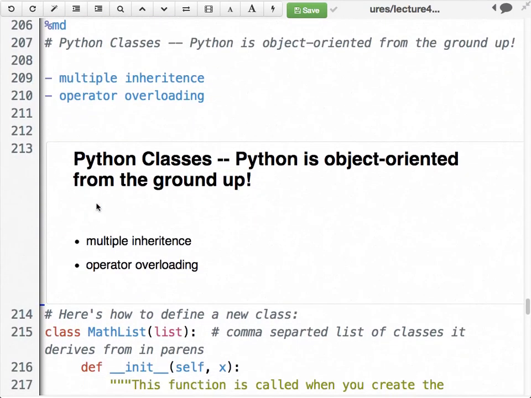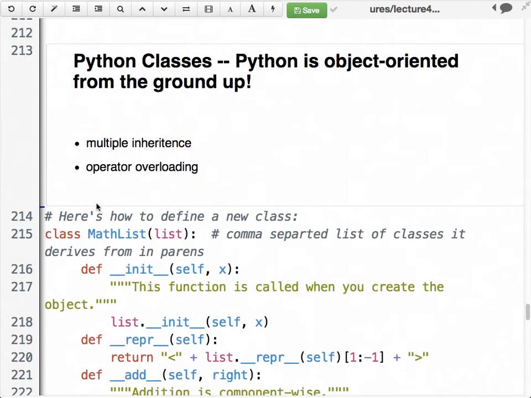Okay, moving on. Classes. Unlike some languages that have classes bolted on in funny ways, like Perl, in Python object-oriented programming is really part of the language from the beginning. So it at least offers full support for object-oriented programming. Mainly that means you have multiple inheritance. So you can have a whole bunch of base classes for a class, and you can do operator overloading, for